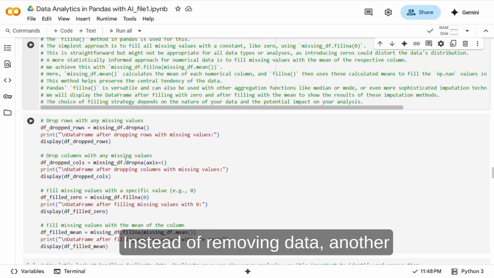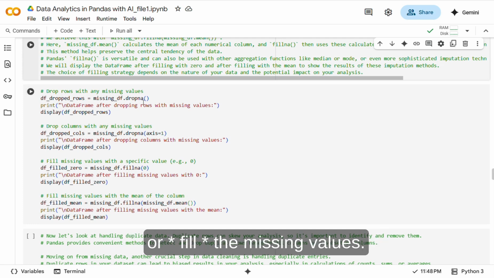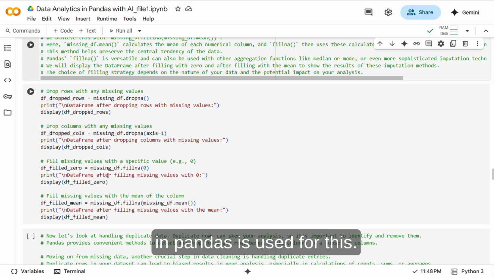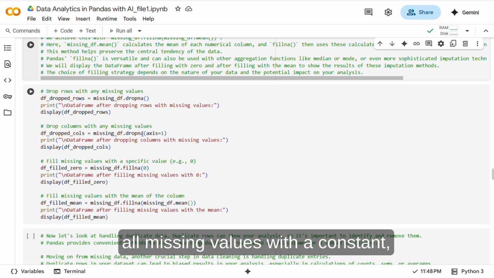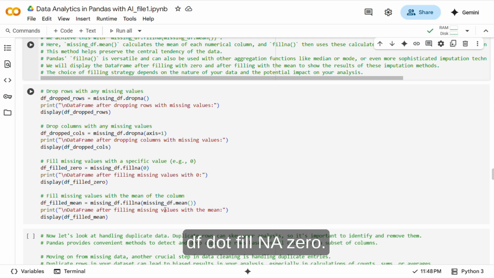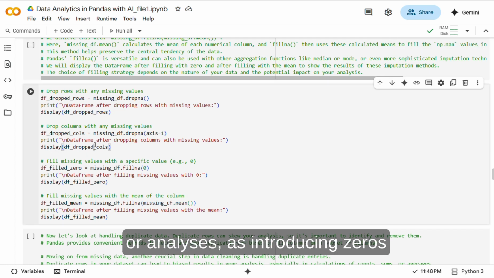Instead of removing data, another common strategy is to impute or fill the missing values. This involves replacing the np.nan entries with a calculated or predetermined value. The fillna method in Pandas is used for this. The simplest approach is to fill all missing values with a constant, like 0, using missing_df.fillna(0). This is straightforward but might not be appropriate for all data types or analyses, as introducing zeros could distort